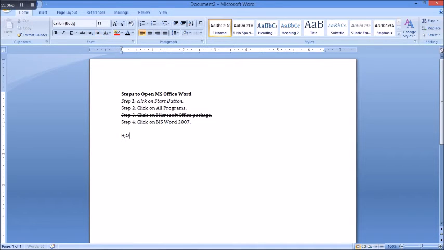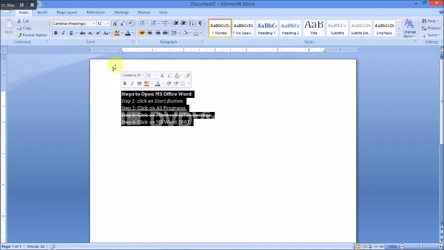Next we can find Change Case. Sentence case means the first letter of every sentence will be a capital letter and the rest will be small letters.